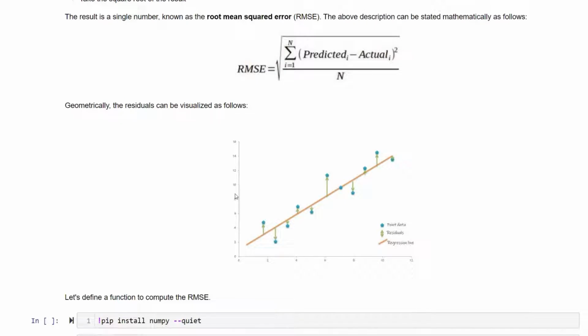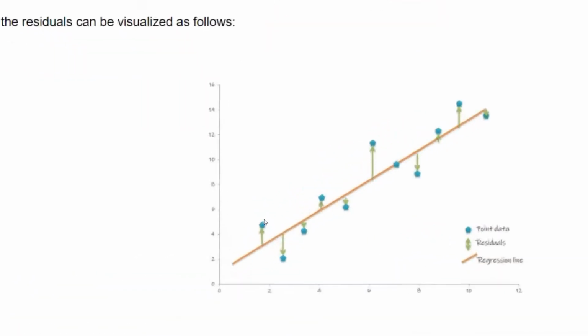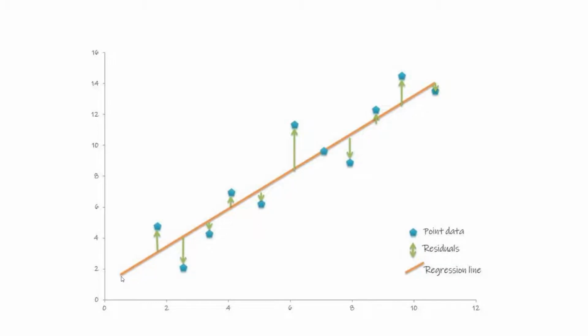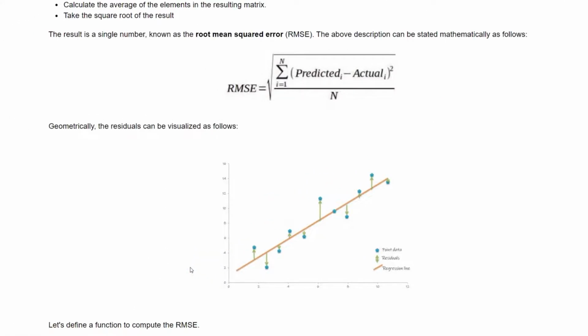How does the root mean square error work? The blue data represents the actual values and the red line is the predicted line. Suppose I want the data at an age of 3. On the red line I have the predicted value, and the actual value is the blue data point. There might be some difference between the actual value and the predicted value, and those differences are calculated as the root mean square error. We have to reduce that root mean square error as much as possible. This relates to the accuracy level and to training our model. So our intention is to reduce the root mean square error.